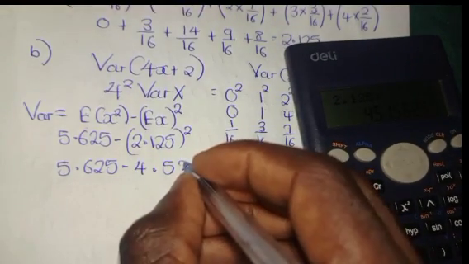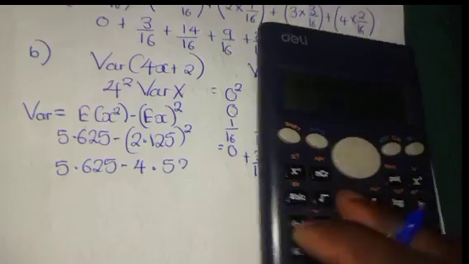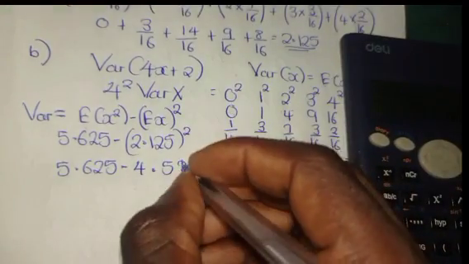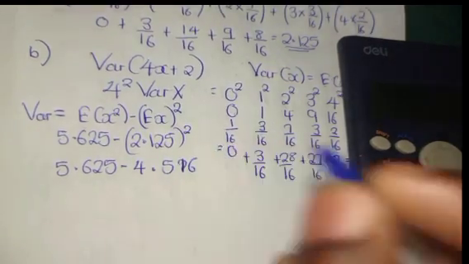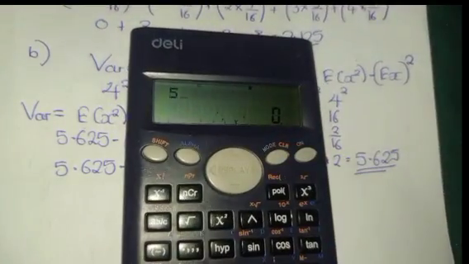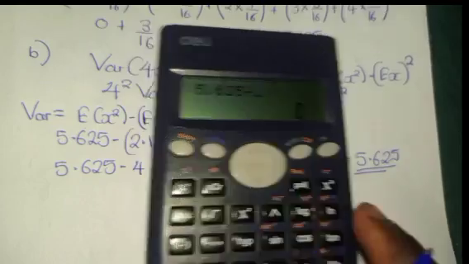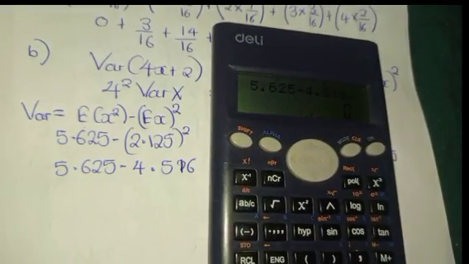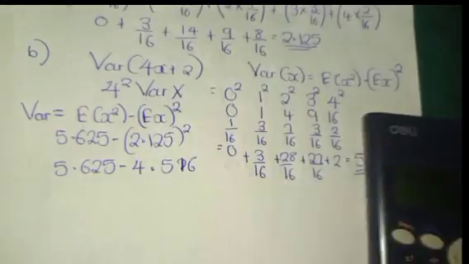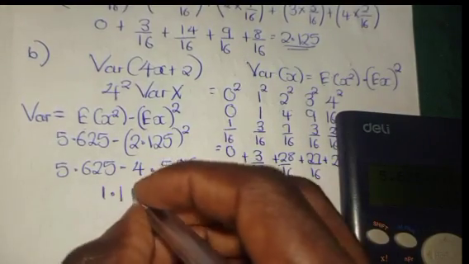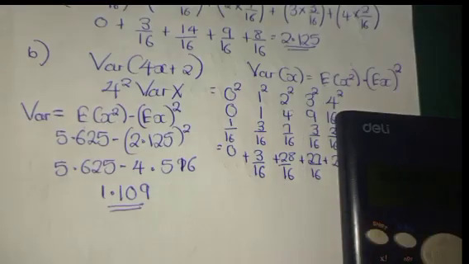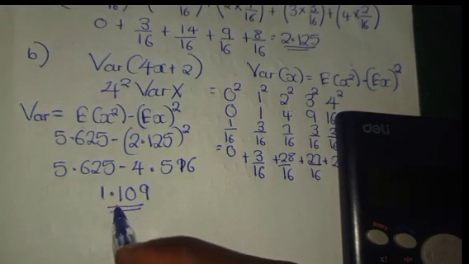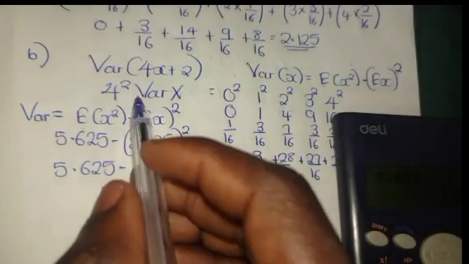4.5, let's give it in 3 decimal places, so let's put 4.516. Then we'll subtract 5.625 minus 4.516, and you will get your answer to be 1.109. Then remember, this is the variance of x, but we want the variance of